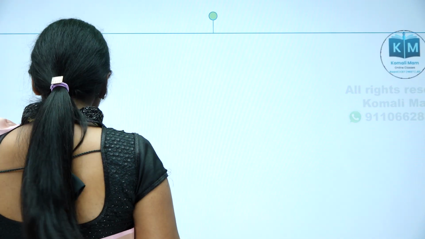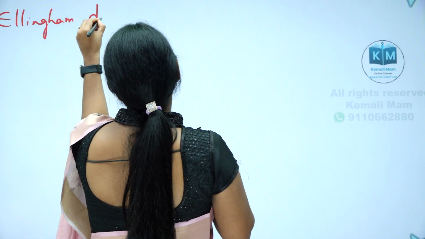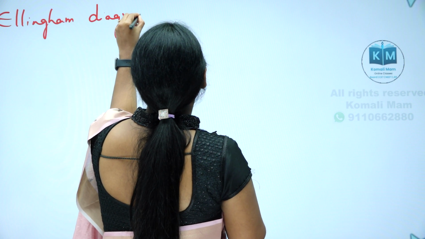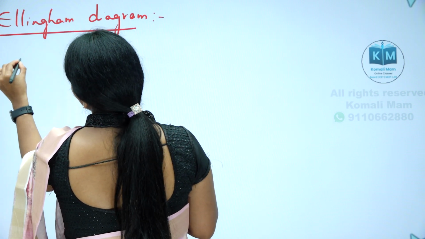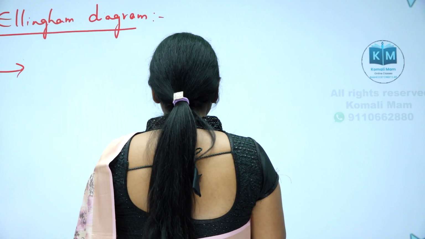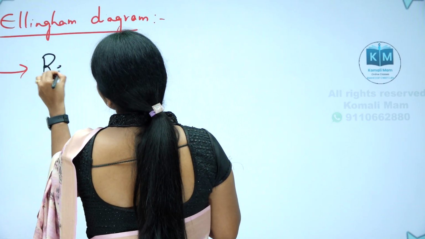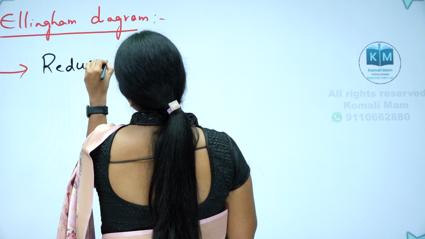Actually, this concept will help us to find the best reducing agent. Which is the best reducing agent? In these diagrams, we will see the graph between delta G versus temperature. Now let us see that Ellingham diagram. What is the use of these graphs? They are used to find the best reducing agents. We can find the good, suitable reducing agents.